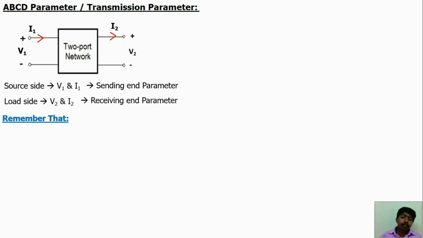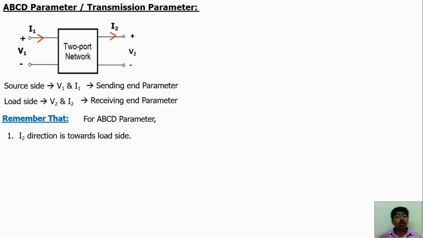Remember that in the ABCD parameters, the first point is the current direction. I2 should be towards the load side. But in Z parameters and Y parameters, this load side current flows from load to source. The only difference is that in the ABCD parameters, the I2 direction should be towards the load side. Okay, the first point, this current direction. The second point is